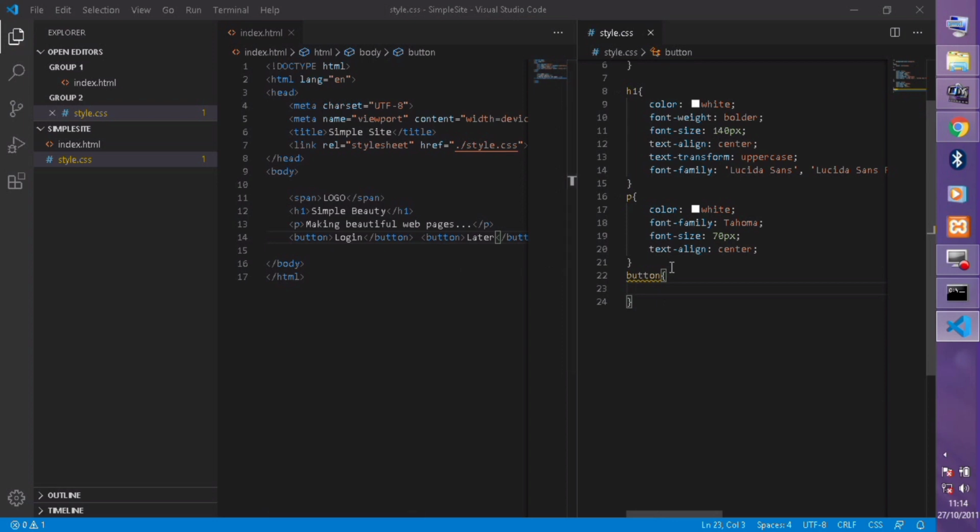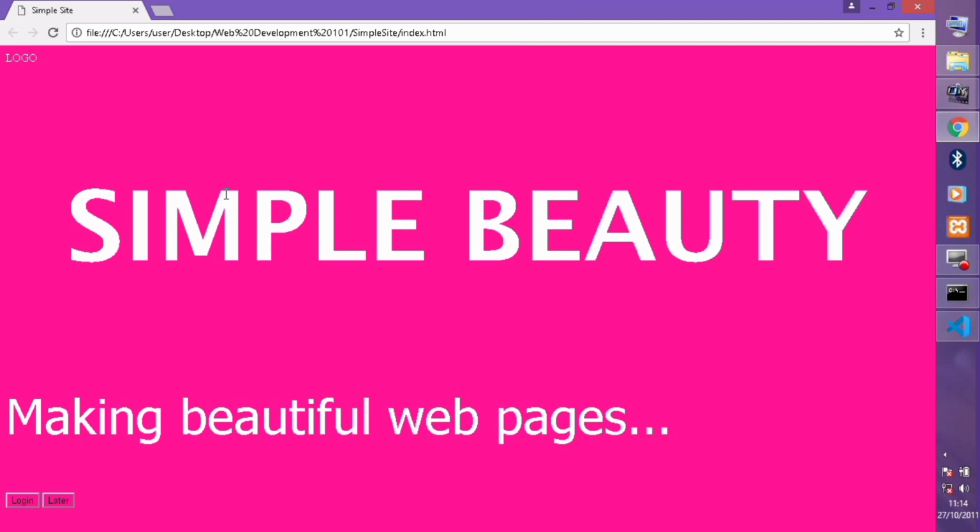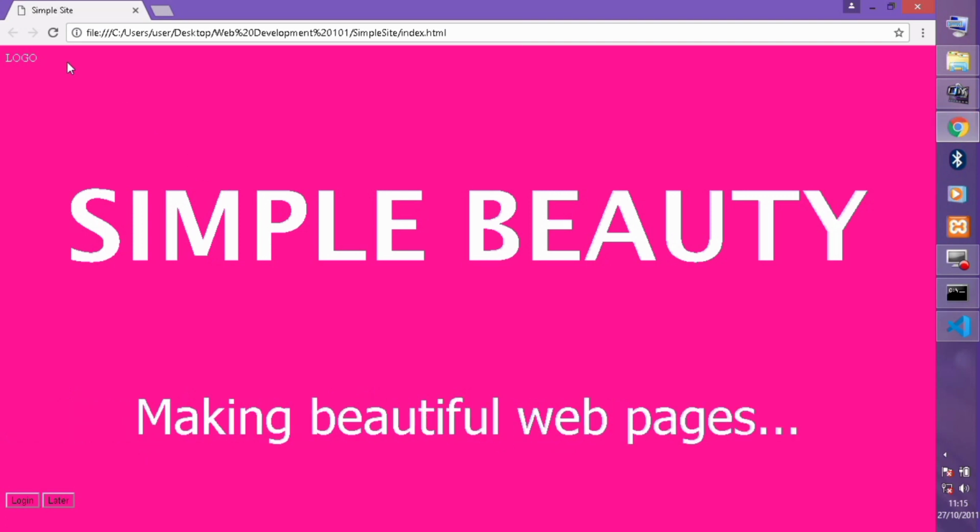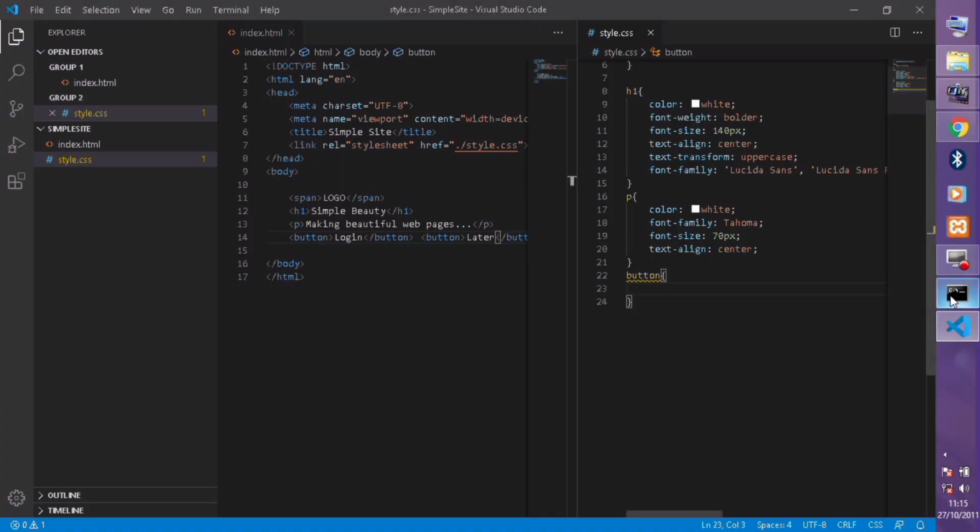Let's see if the P aligns first. Let's see our P aligning. Voila, it has aligned. It's looking much more beautiful. Now we want to just put the buttons in the middle while we style the buttons. And to do that, we'll be using the simple tool